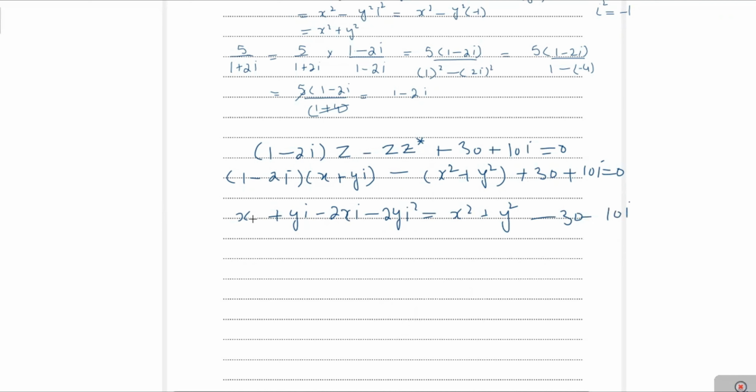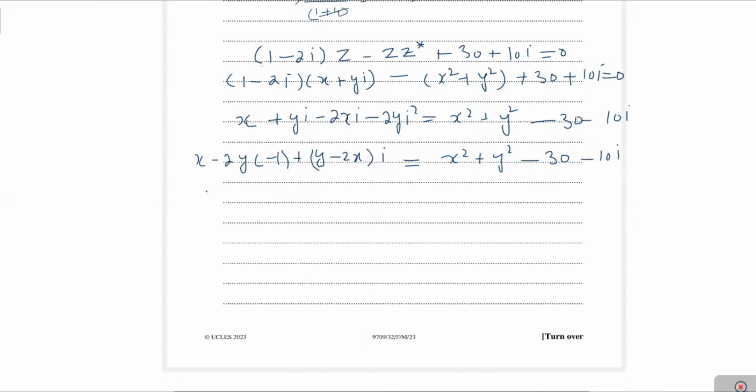Now you separate the real and imaginary values. You see here that the imaginary value is y minus 2x into i. And this value, x minus 2y i squared, where i squared is minus 1. Therefore, we can write it as x squared plus y squared minus 30 minus 10i. Next, we can write it as x plus 2y plus (y minus 2x)i, that's equal to x squared plus y squared minus 30